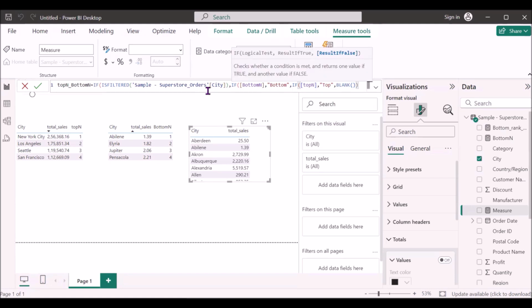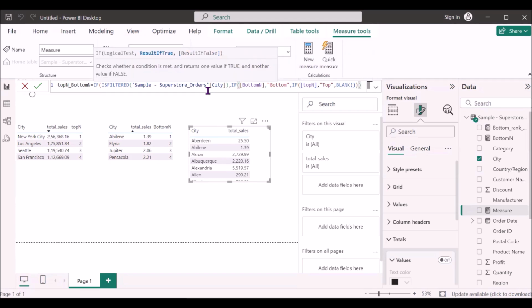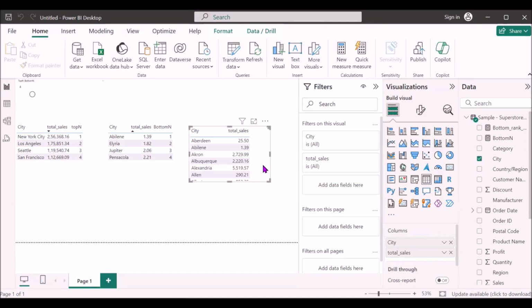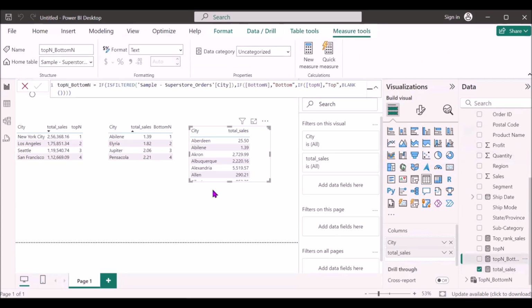So our first if condition is closed. Now our second if condition will be closed. And now our third if condition will be closed. Enter this. And if I bring this top and bottom n inside the third table,